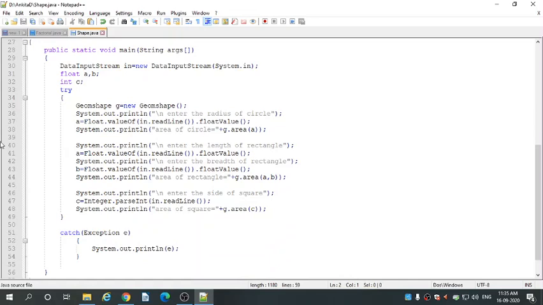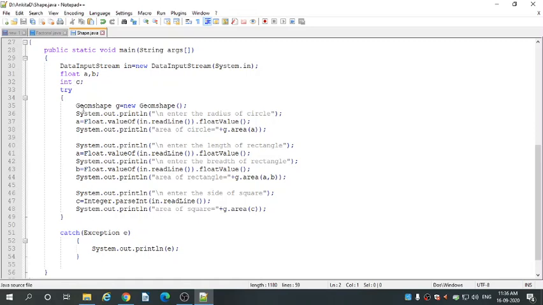You can see here we have written much code in the try block, because whenever the program gets executed, if any error or exception comes, it will be detected by the try block, and whichever errors are detected by the try block will be caught or resolved by the catch block. So we have written code inside the try and catch block.